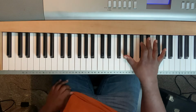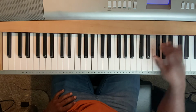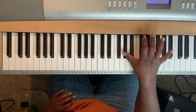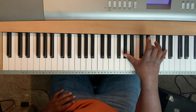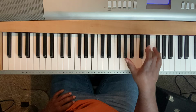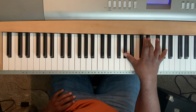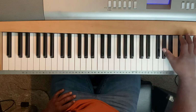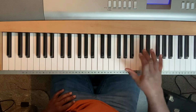Okay, I did tell you I was going to show you this too. The octave pops, when you're doing that A flat, you can add the E flat in there too. And it gives it a little bit more power because it's a power chord. So when you're doing the octave pops, just to throw this in there because I forgot to tell you, when you're doing those